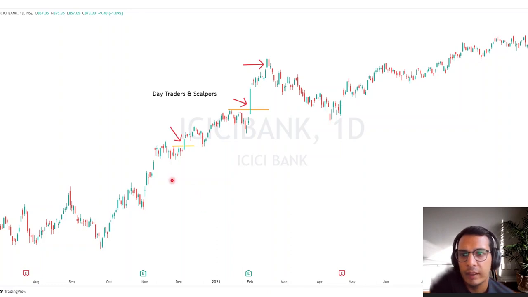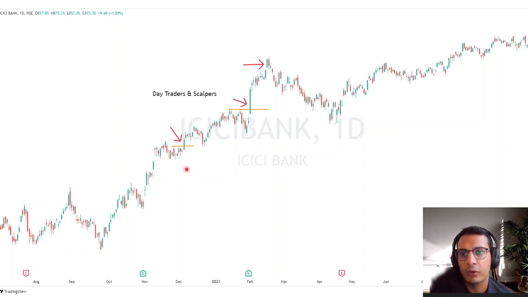Now finally, day traders operate within these consolidation areas, and they keep looking for sideways or narrow range candles or some sideways price action, and any breakout from that which leads to a lot of momentum are days when day traders and scalpers participate. So this was one example. Then after this correction, the market immediately moved up and broke the high, and then we had a massive rally. Then again, this was a continuation structure for day trading.